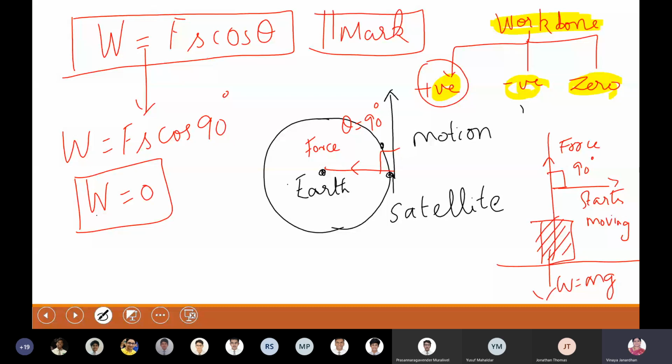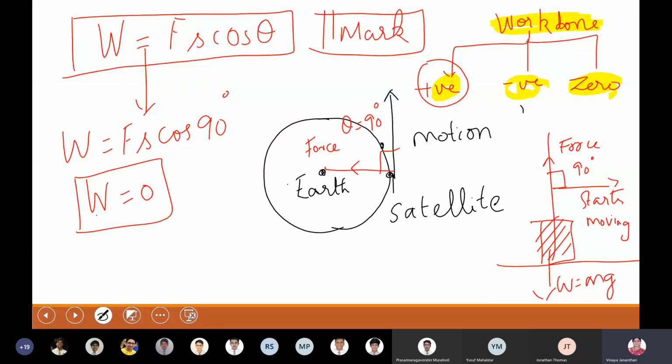But here you have lifted an object, but you're not at rest. You have lifted an object and then you're moving. Are you clear? Now you have applied a force against gravity. At every point the gravity is acting on the block, but you have applied a force that should be greater than the gravitational force or at least equal to it. This force is acting vertically upward and then you're moving. Are you clear, boys? So literally the object is also in motion.